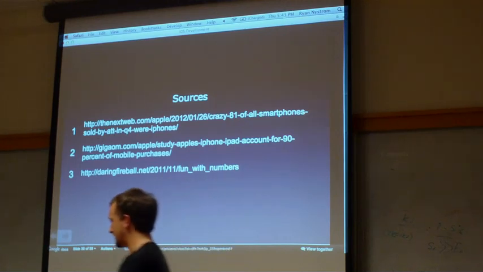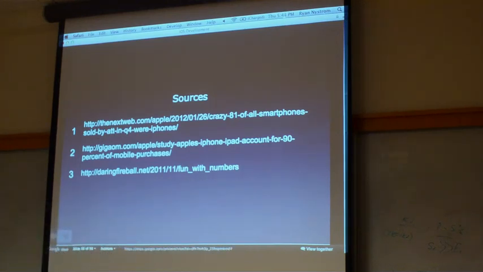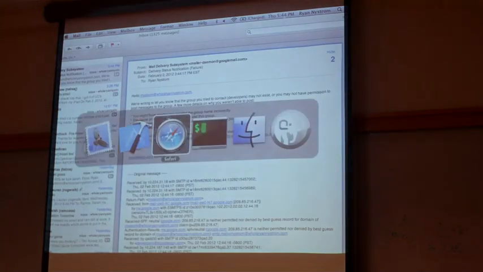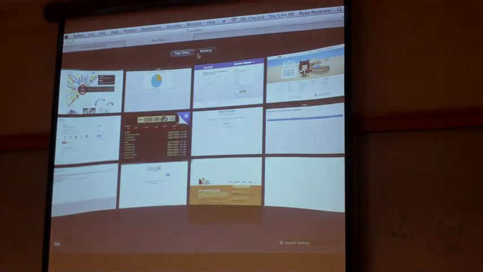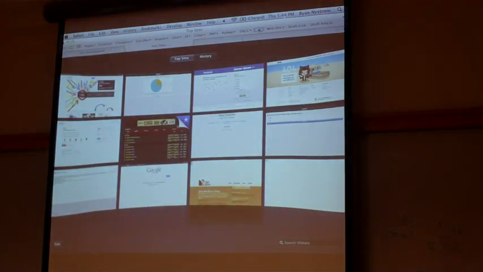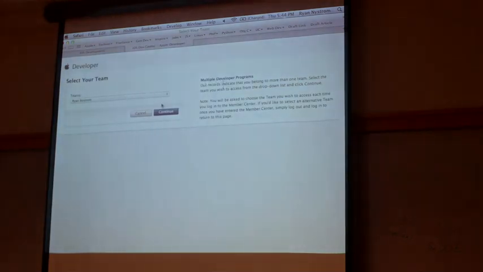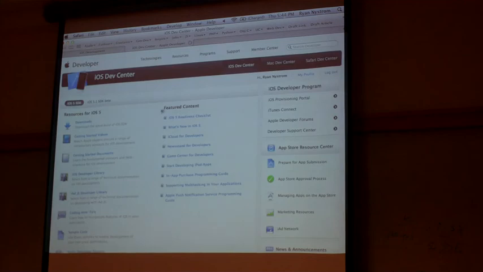So first off, you need a developer account, like we talked about. There's a bunch of good resources, but basically, you go to Apple's website. You log in with your developer account, and there's this thing over here on the side called the provisioning portal.